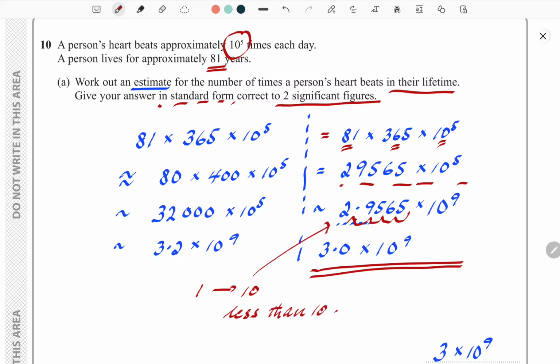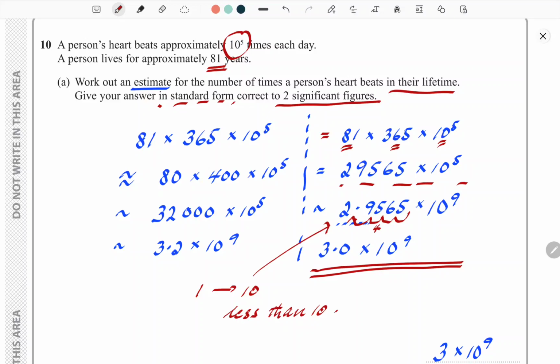So in the range 1 to 10. Okay, so we're taking or dividing that by powers of 10. So that's 4 of them. That's why we put that with the powers of 10. So 10 to the power 5 goes to 10 to the power 9, and this number on this side gets smaller,